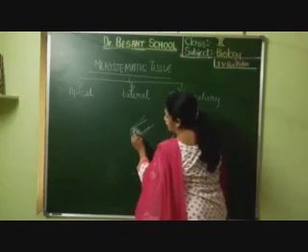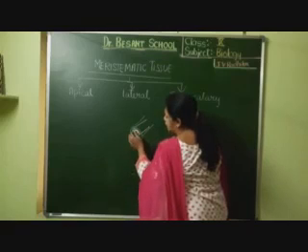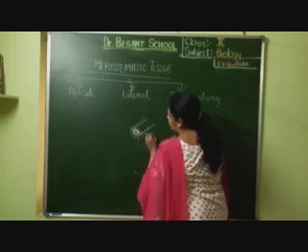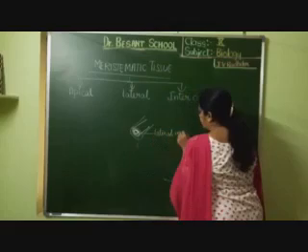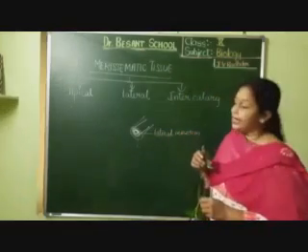So that layer, or the ring of cells or the tissue that is there in the stem, or in the roots also, that is called lateral meristem. That will be called lateral meristem. Again, I'll be giving the diagram in the table, don't worry. That is the lateral meristem.